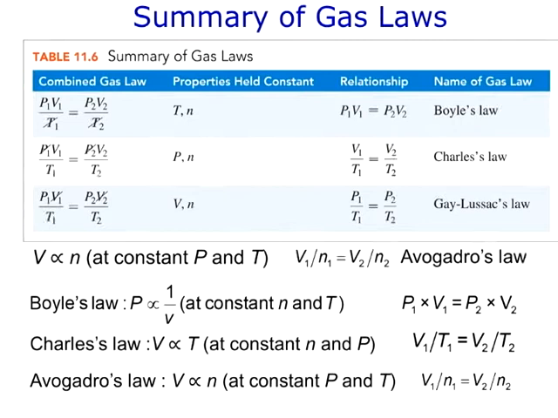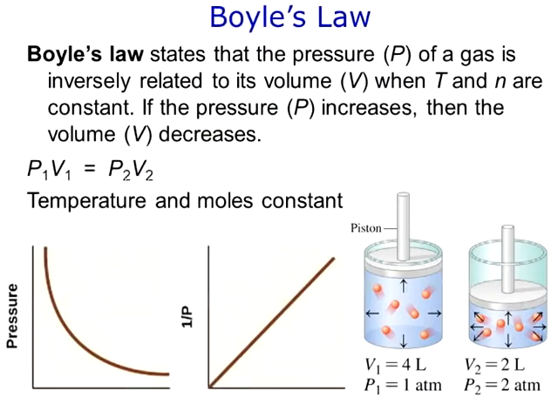Typically, you'll have 3 of the variables listed and you'll be looking for the 4th. Now that we've introduced the concepts, we've exposed you to the units, we've talked about STP, and you've started to look at the variables involved in gas law equations and gas law chemistry. Let's talk more specifically about these individual gas laws.